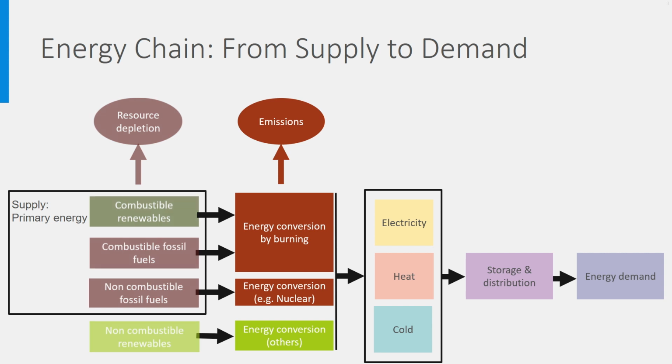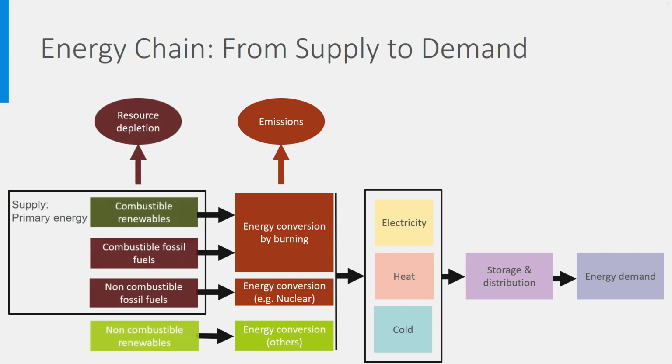Above, in dark green, you see the combustible renewables like wood, biomass or biogas. These are not infinite sources and their use must be very well fitted to their rate of production, otherwise natural resources may be depleted here too. The energy content of these resources is called primary energy. Finally, below, in light green, we have the non-combustible renewables like solar and wind energy. These are infinite resources. There is therefore no depletion.